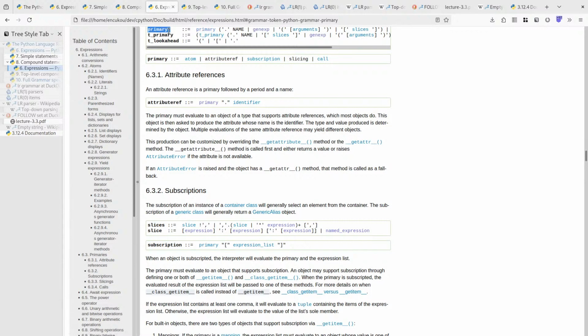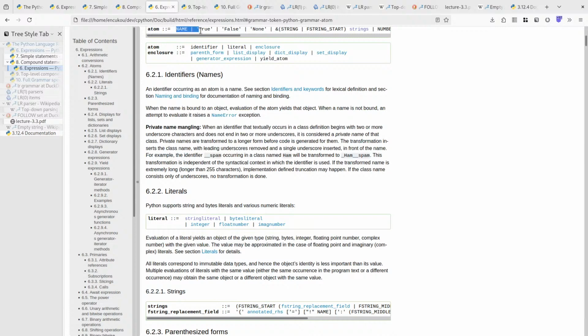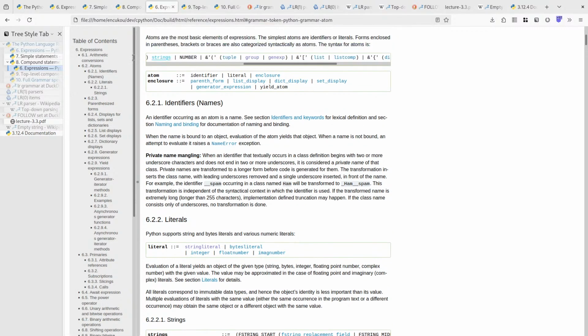So primary can actually start with primary, so we get infinite recursion here. But the way to solve it is just ignore this primary because it cannot add any new tokens the primary can start with, and we just look at the other stuff. So this can be either bracket or name or true or false or and so on. So this is very close to the set of tokens that Atom can start with,